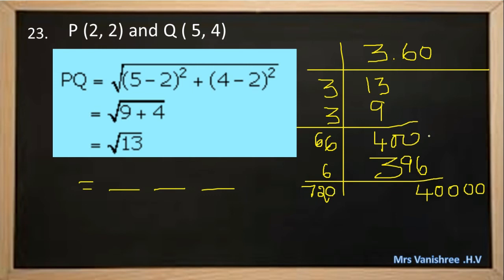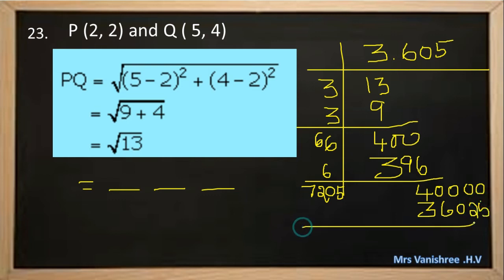Now find out 7205 into 5 or 4. Just check out which is nearer to that. So the nearest value is 5. So its value will be equal to 36,025. Yes, it continues, but I am going to stop here.